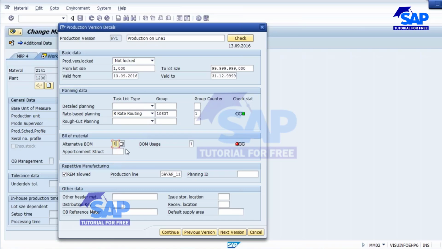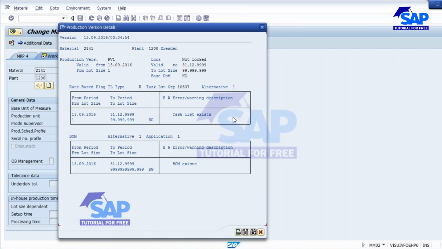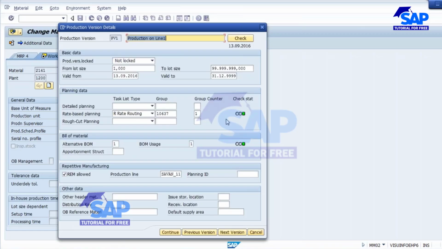Now again I am entering 1. Again we'll do the consistency check. Both are existing. Close this. Now we have the green lights. Okay, so now once all